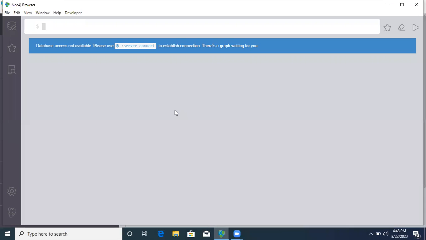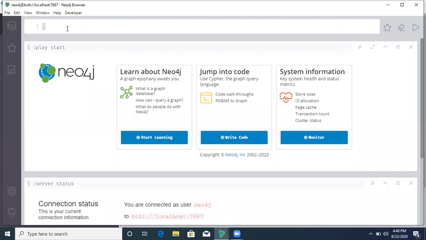Using this browser, you can create nodes, view nodes, and edit the properties of a node. Okay, now here we got this window, and here we need to type